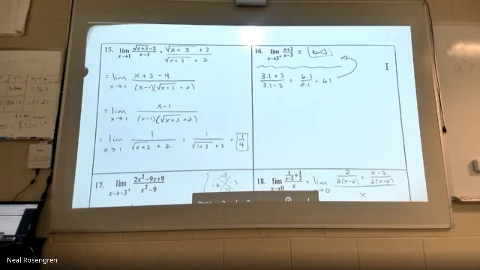The only way to do that is to rationalize by multiplying by the conjugate, top and bottom. Multiply out the square roots, but leave the denominator factored in the hopes that we can divide away the x minus 1. Once we divide away the problem, because it's a removable discontinuity, we should be able to just remove it, and things look good. Does that make sense? Yeah, thank you. Cool.